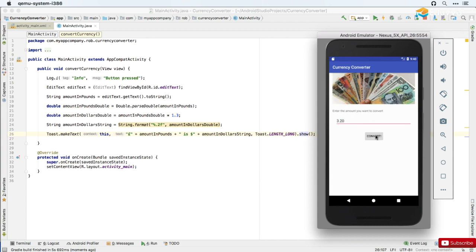Say we want £3.20. £3.20 is $4.16, which seems about right to me. And if we go for £20, 26. Fantastic. So that brings us to the end of the first section, and hopefully you now feel reasonably comfortable with